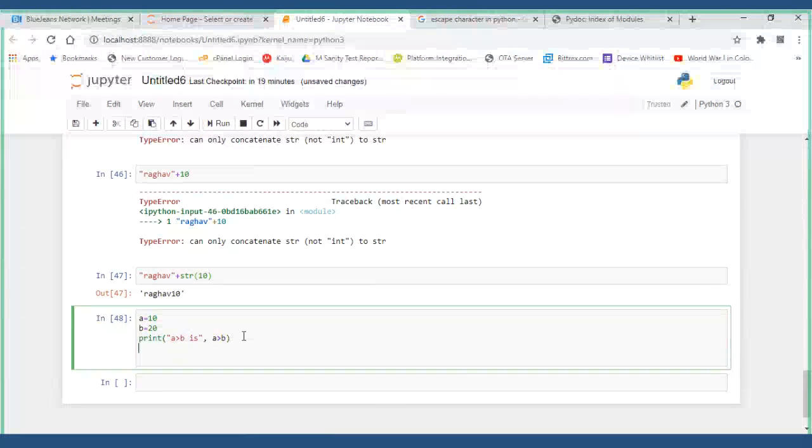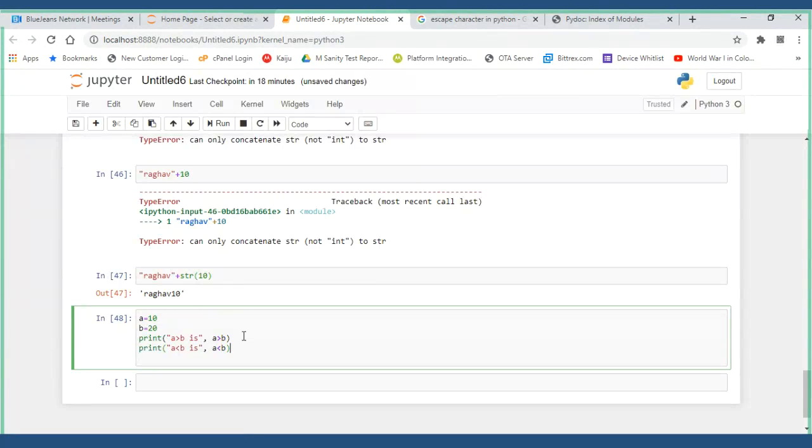You tell me what are the different types of relationship operators. Greater than, less than, equal to, not equal to. Are you sure equal to, not equal to is a relationship operator? Okay, let us see.